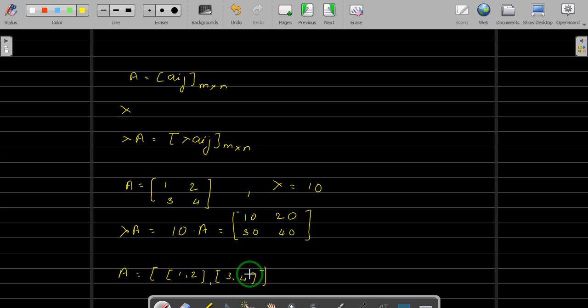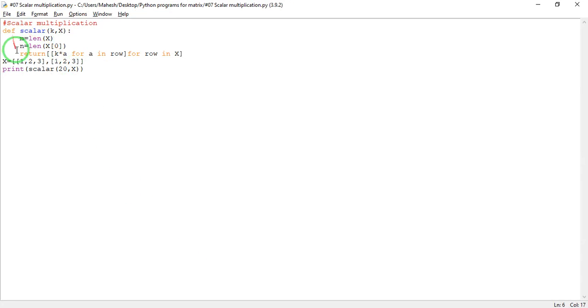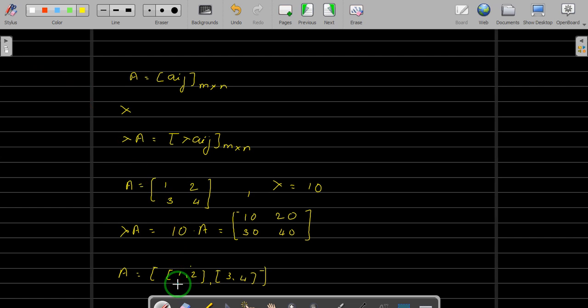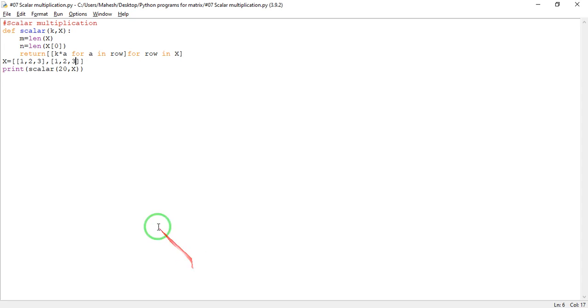And then to tell the program what are the rows and what are the columns, we have taken the length of x, I mean the number of vectors in A. So it will take the value of m as 2, and then it will take the first vector of that A, and then it will check how many entries are there. So here again we have 2. So your value of n will be 2. So we will have a 2 by 2 matrix, and that's how we run the program.